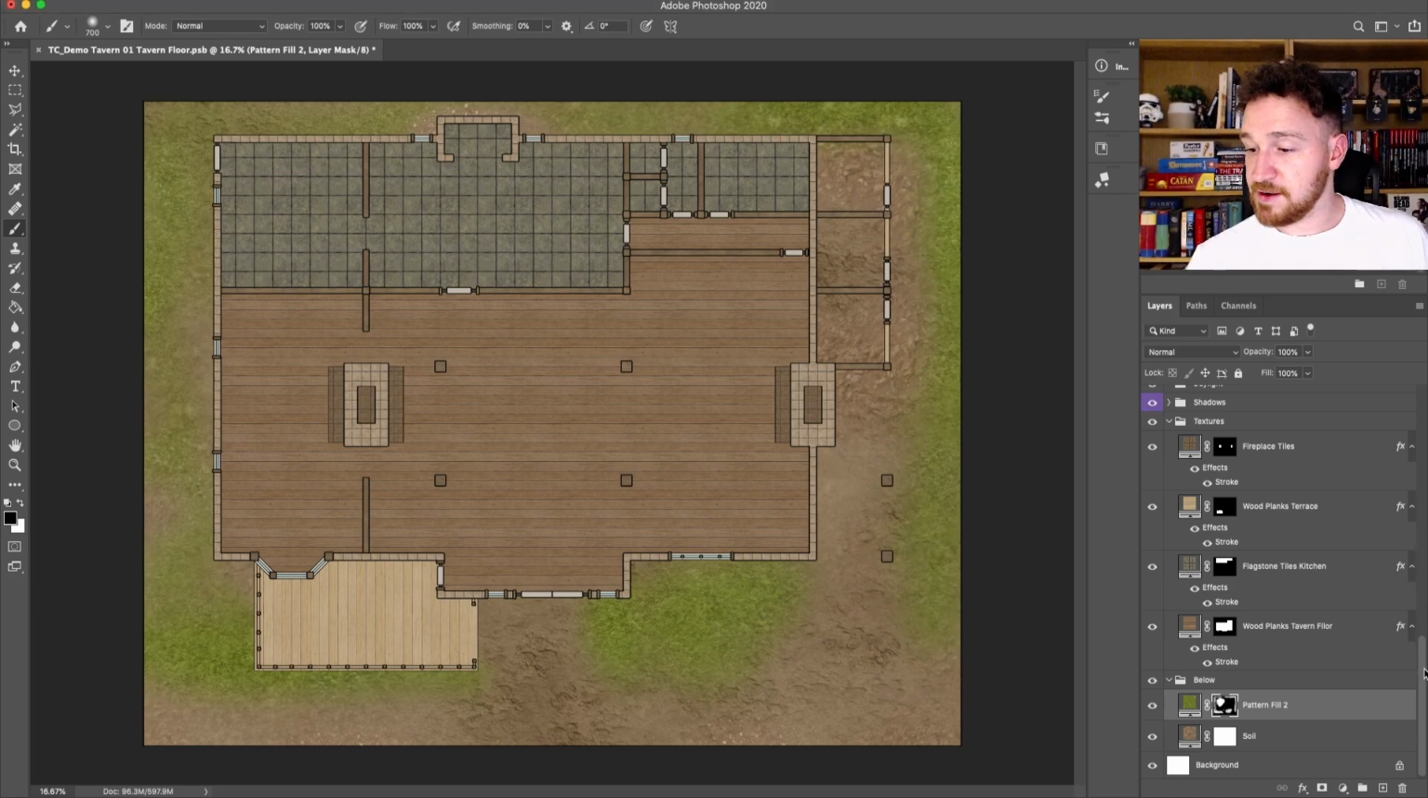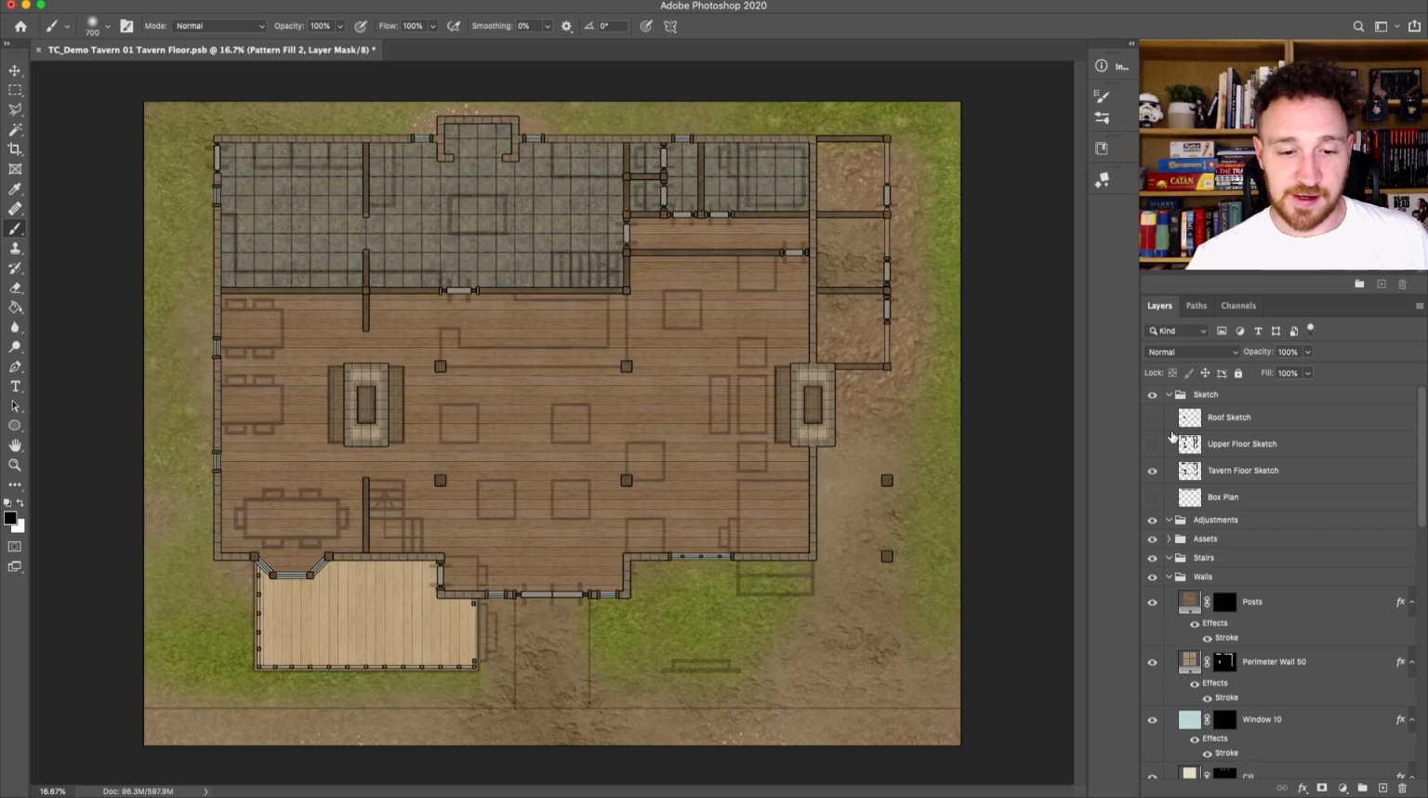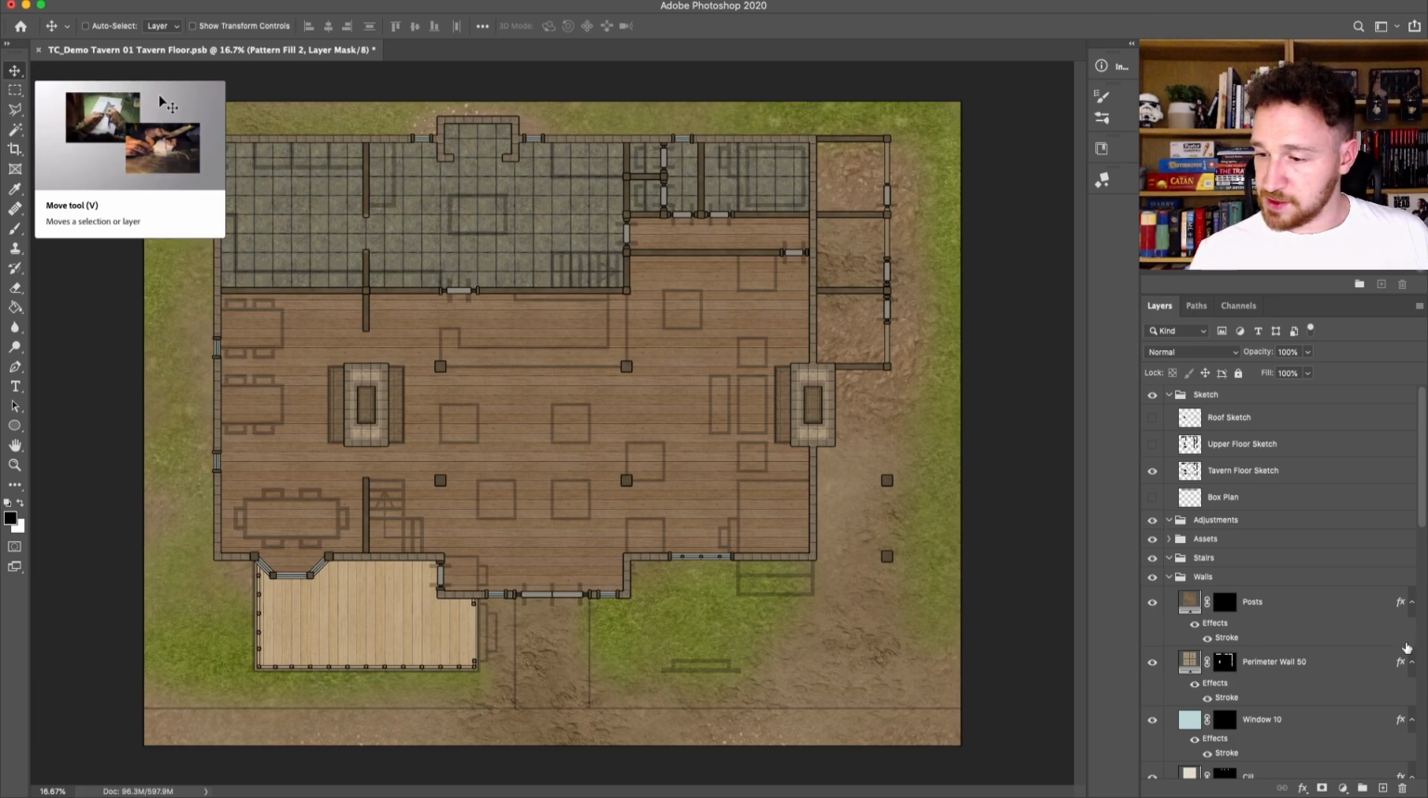Now, if I just check in on our original sketch again, you can see there's a couple of things that I still want to add in at this phase. And that is these 2 staircases and this little stage here. So what I'm going to do